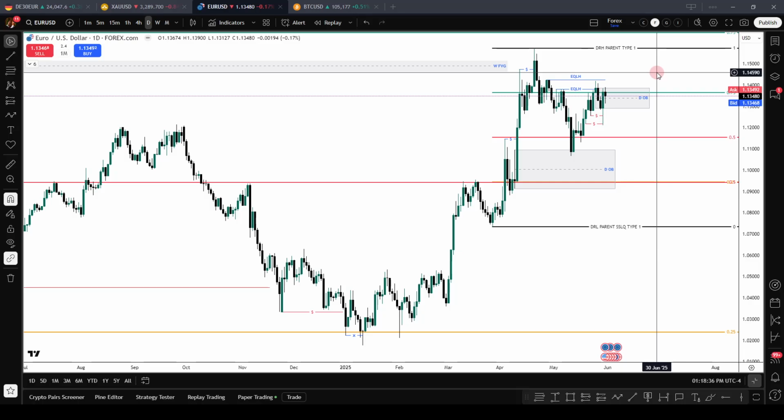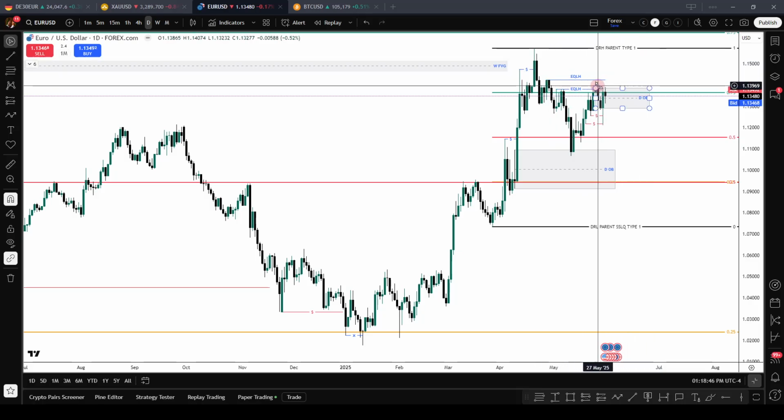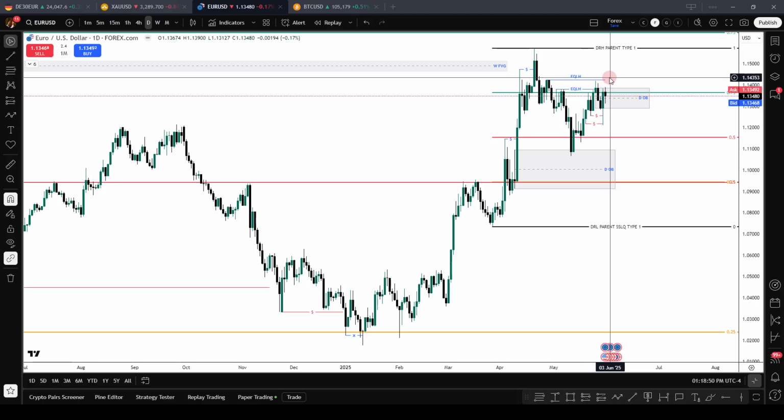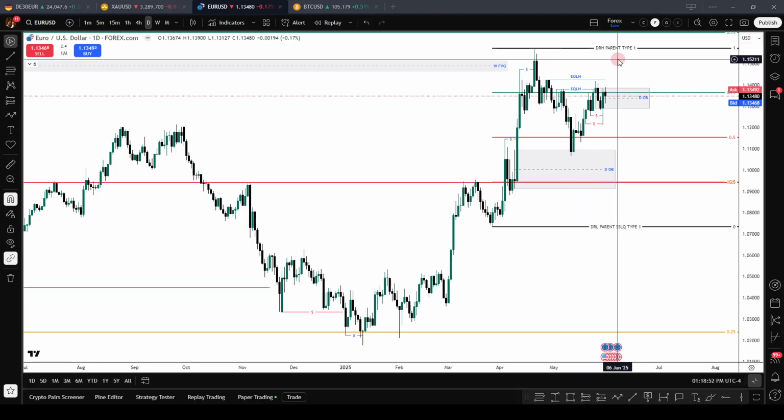The speech of the president of the Federal Reserve. So therefore, the target is definitely the liquidity that exists at the relevant equal highs that are here and above them,